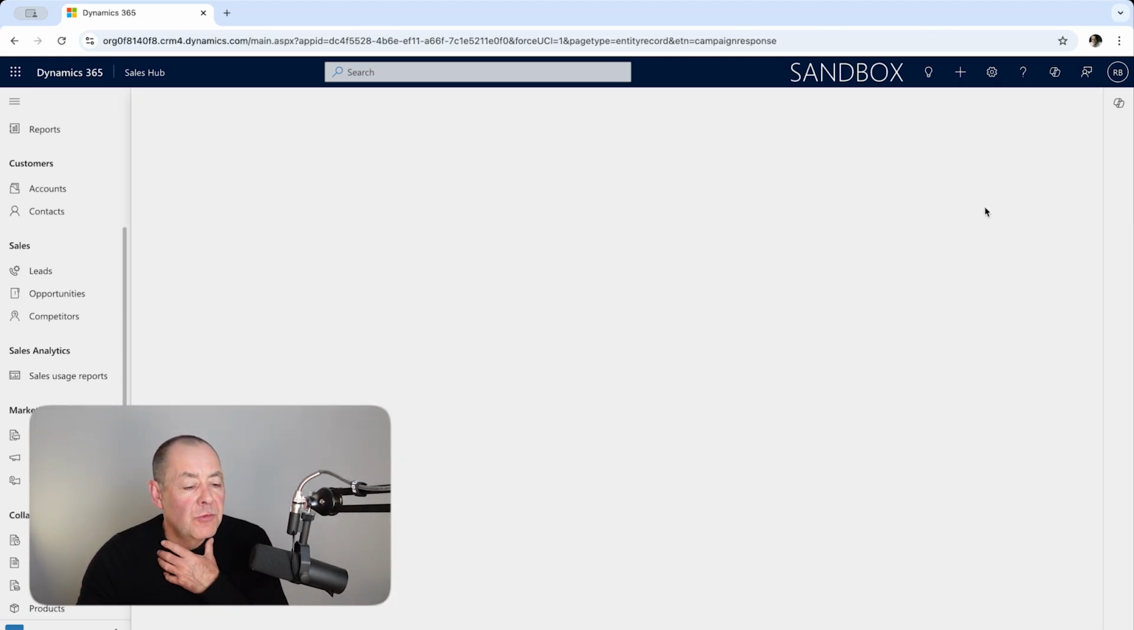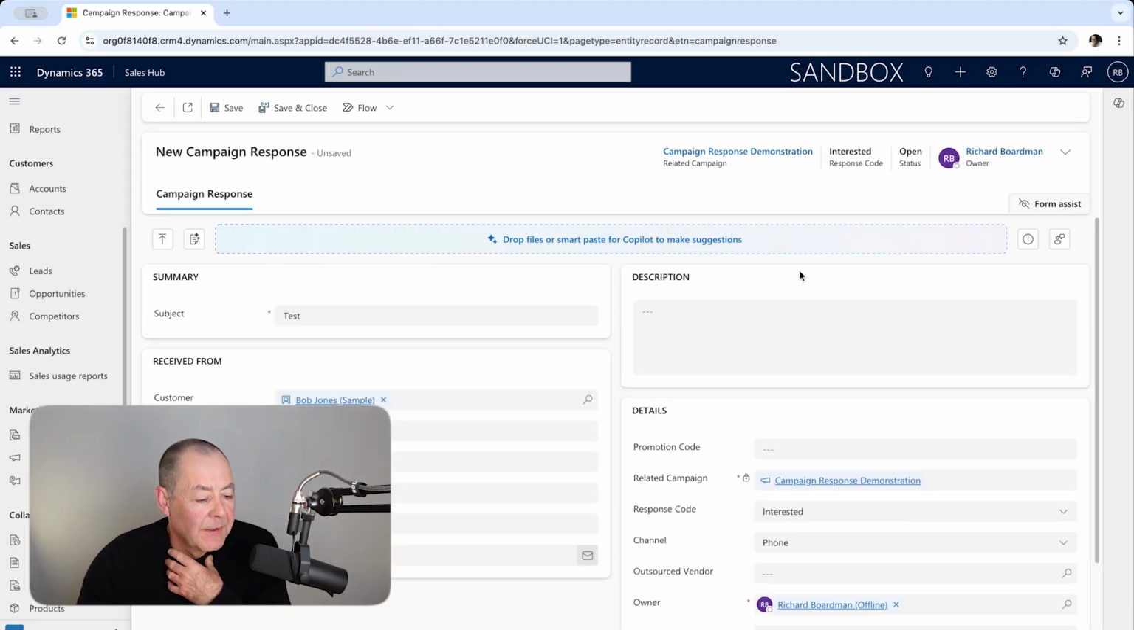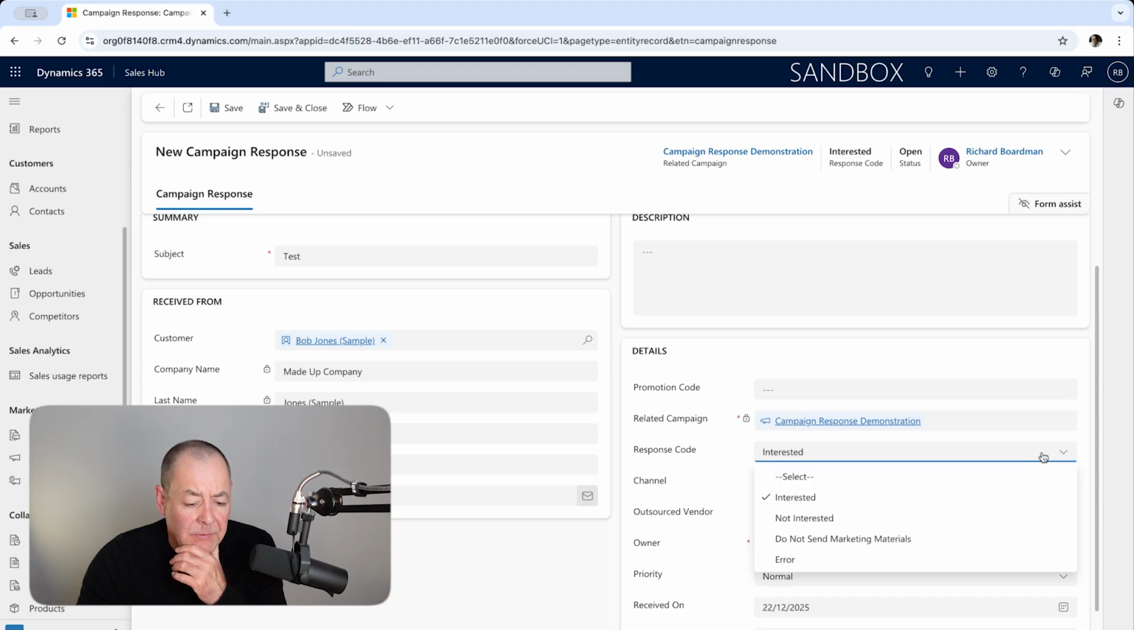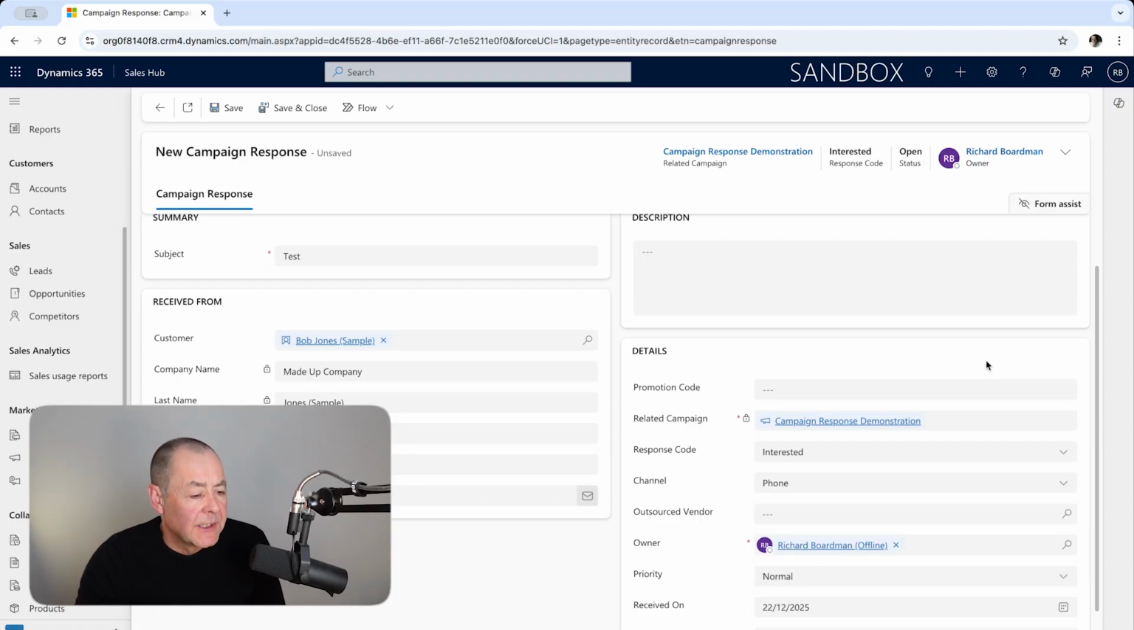So I can promote this to a response record, and I can add some details to the description. It's linked automatically to the campaign code. It's automatically pulled back the details of the contact that it's related to. And if I now save and close that, and by the way, I can change the response. So in this particular case, by default, it's picked up the response is interested. But if I click on that, I could put not interested, do not send marketing materials, error. These are the out of the box values. You can obviously tune that to your particular needs. So if I now save and close that,